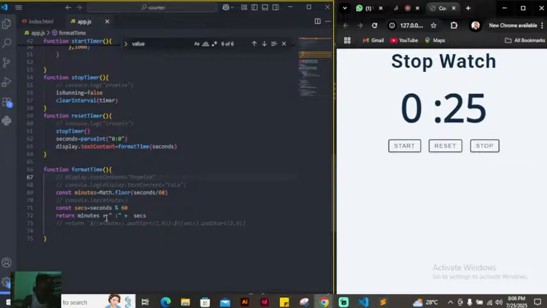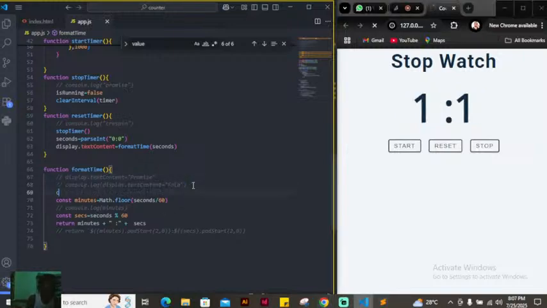The logic is just simple here. How do you convert minutes to hour? 60 minutes gives you 1 hour, right? 60 minutes equals 1 hour. So it means that for me to get hour, I need to multiply seconds and minutes together. So I can come in here and say const